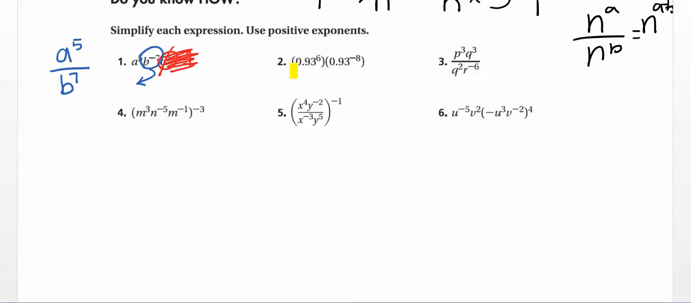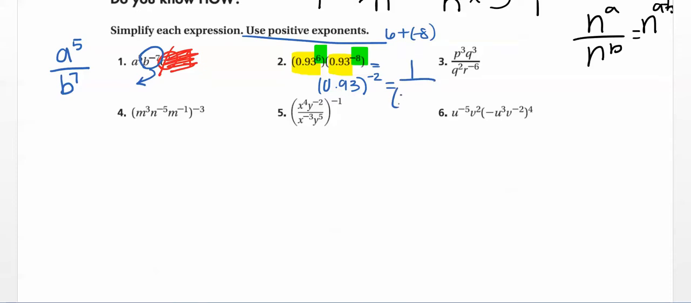Our second one here, notice that we have a 0.93 and a 0.93. That means we have the same base, so we have to take these exponents and add them. So we're going to get 0.93, and then if you add 6 plus negative 8, you get negative 2. Now we can't write it like that. It's a negative exponent, and this says use positive exponents, so that's going to be 1 over 0.93 to the positive 2 power. Now since 0.93 is a number, we can actually take a calculator and square it, and we get